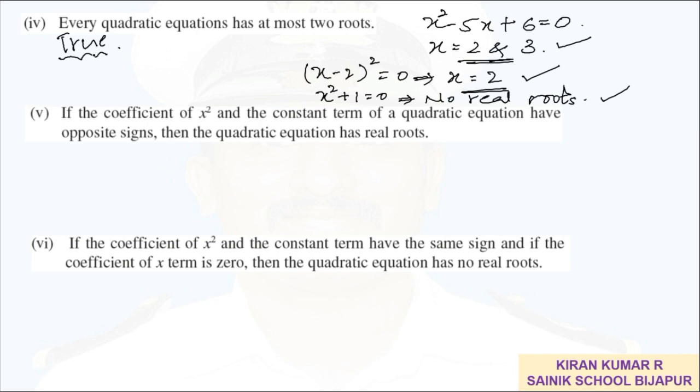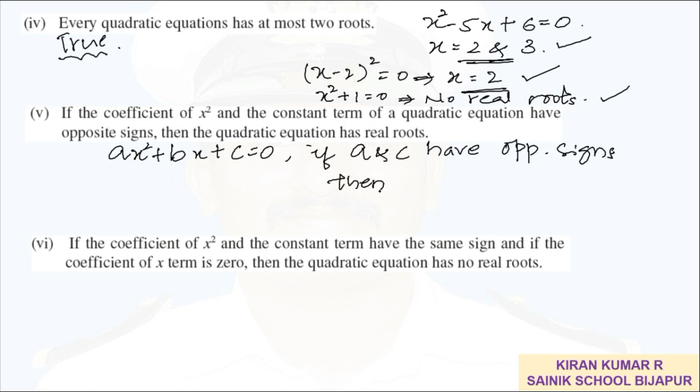Have a look at statement 5. If the coefficient of x square and the constant term of a quadratic equation have opposite signs, the quadratic equation has real roots. Is this statement true? Before judging whether it is true or false, let me take the general form of a quadratic equation, ax square plus bx plus c equal to 0. They are given that the coefficient of x square and the constant have opposite signs. If a and c have opposite signs,